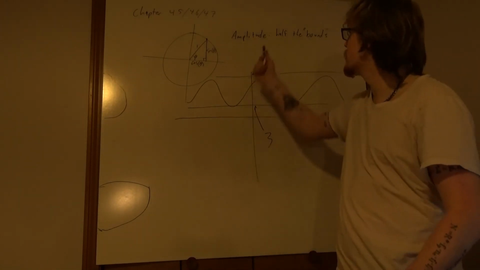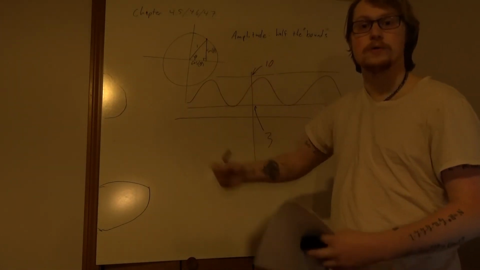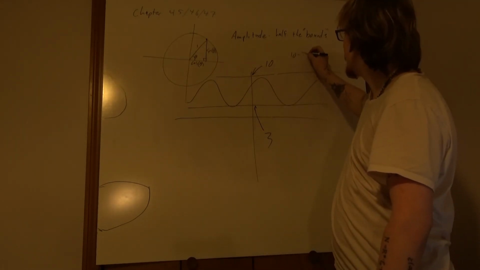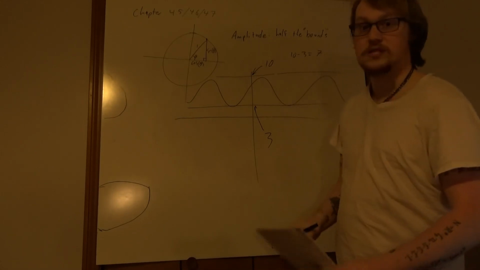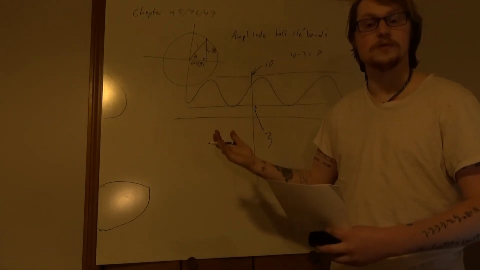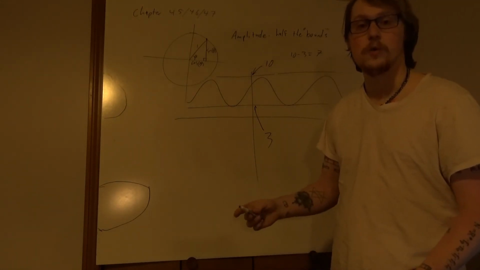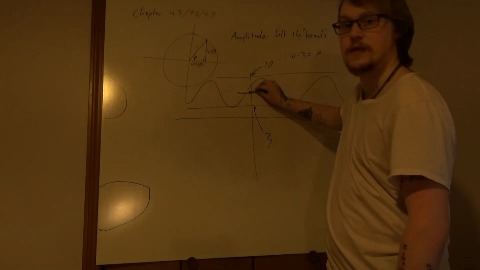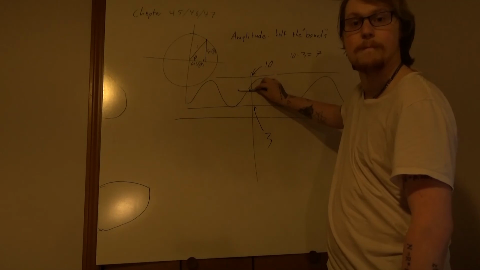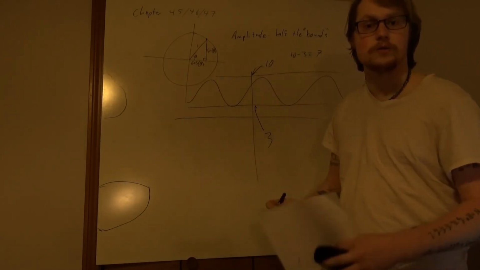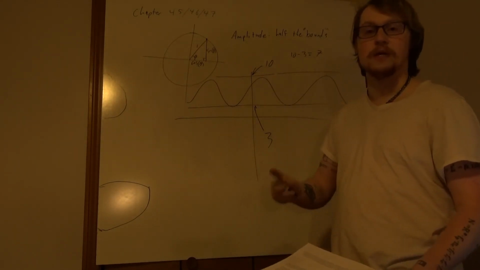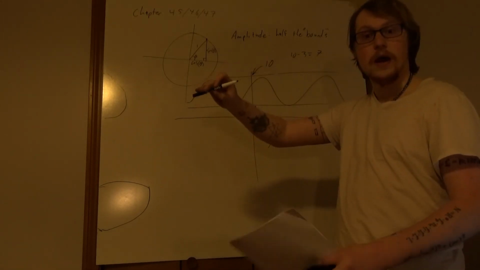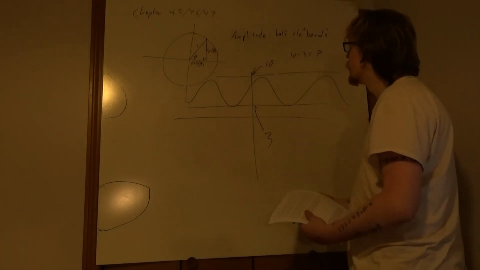Using the definition that it's half of the bounds, we find the distance between the bounds, which is 10 minus 3, or 7, and then the amplitude is just going to be half that. Essentially, all we are finding is where the middle of the curve is, and the amplitude is the distance above or below the middle that it goes to. And finding the middle is as simple as taking the upper bound and the lower bound, subtracting one from the other, and cutting it in half. So,